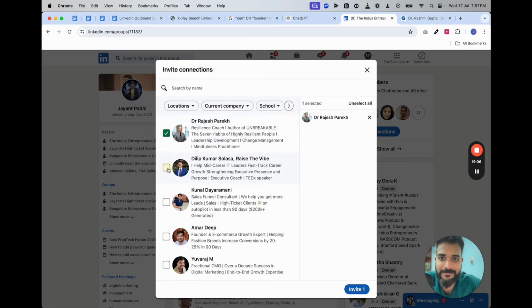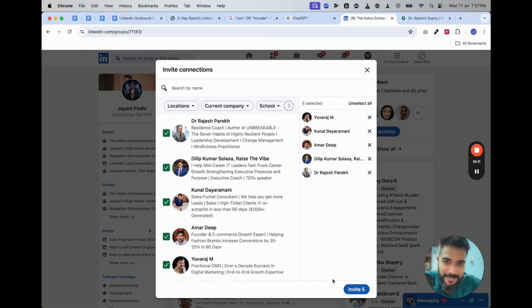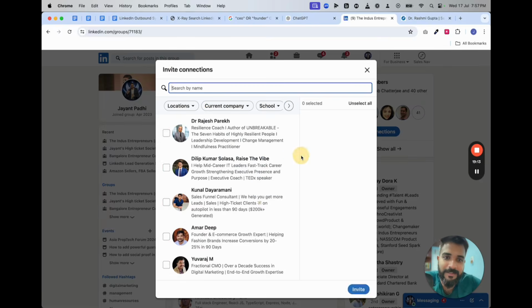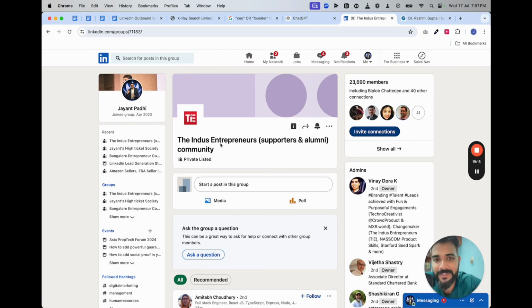You can just click, and you can send invite connection requests in bulk, especially when you're starting out. And because you are a part of a similar group, more people will accept the connection request. So it's a good thing. But mind you, don't send too many connection requests at once. Maybe send 10 a day like this. But not too much. And when you are sending messages to people, maybe keep it to less than 5 a day or 10 a day, right?